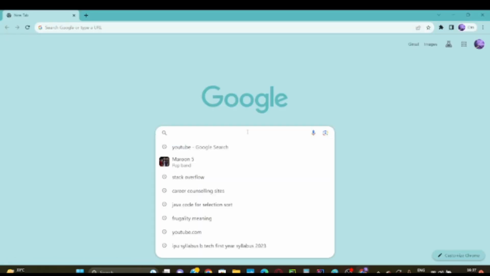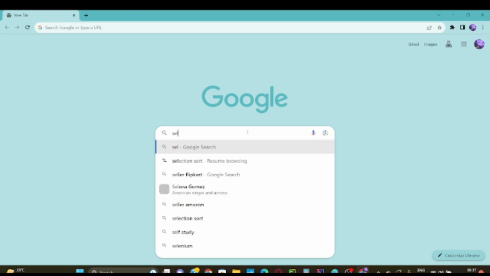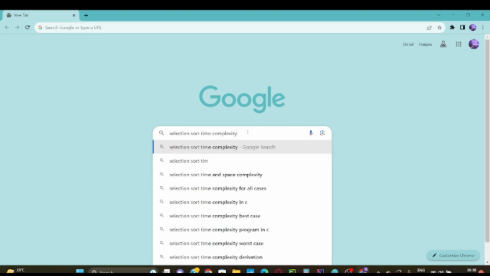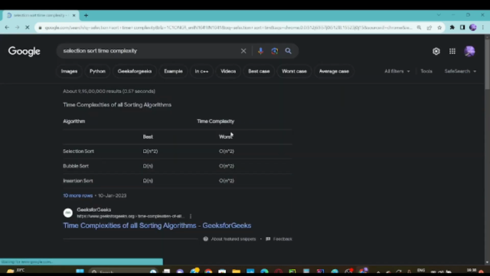So let's see selection sort time complexity. Now, as I told you, we'll take the worst case, we will not consider the best case. Here it is, O(n) square. Okay. Now, I'm not telling you how did we calculate it,